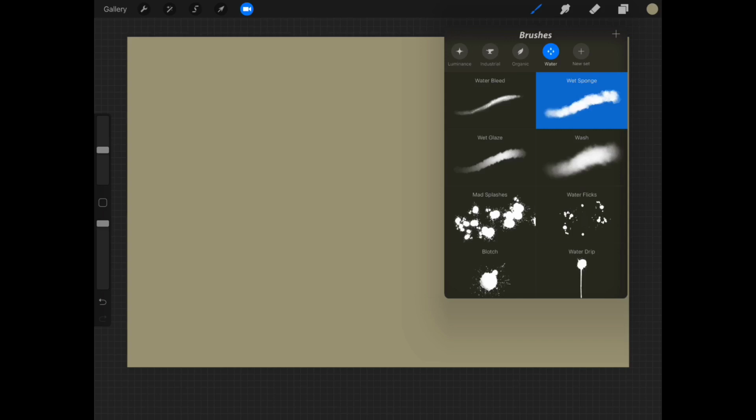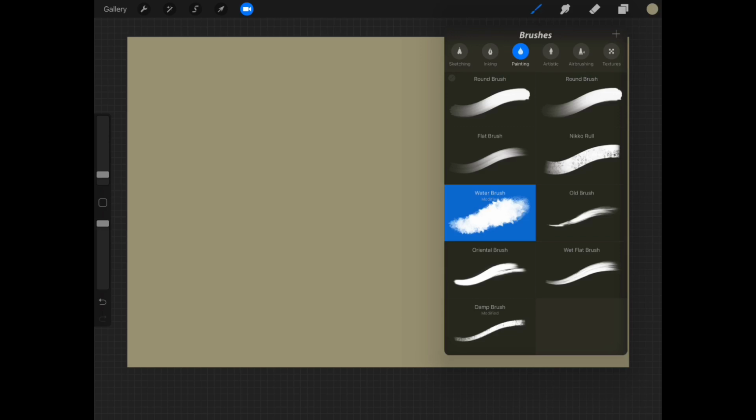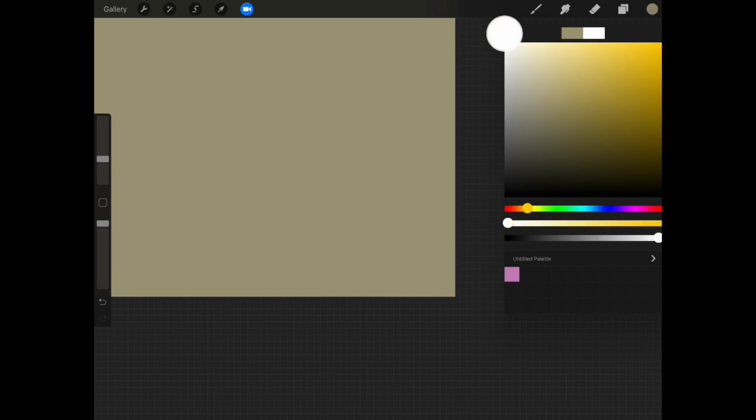So I use the watercolor brush because I feel that it's got the right general shape to achieve what I'm going for. Watercolor brushes tend to have a distinct shape, and it's really good when you're doing a lot of color. Sometimes when you're doing this, you want these shapes to look really unique. So you can see I go in first and start putting it down, but then I shrink it and further distort its own pattern a little bit, because you don't want it to be hyper recognizable. The nice thing is something like this is a very small element across an entire illustration, so people aren't necessarily going to be focusing on that, but